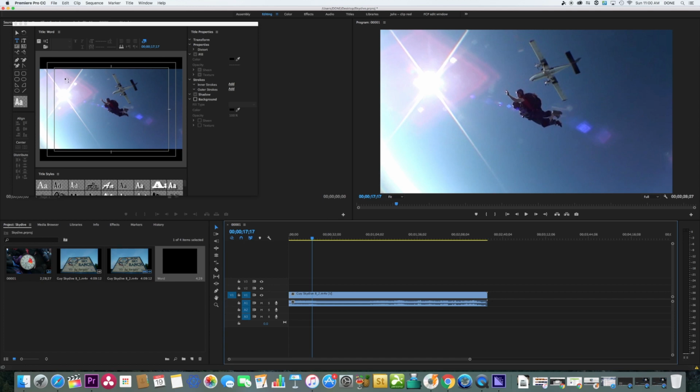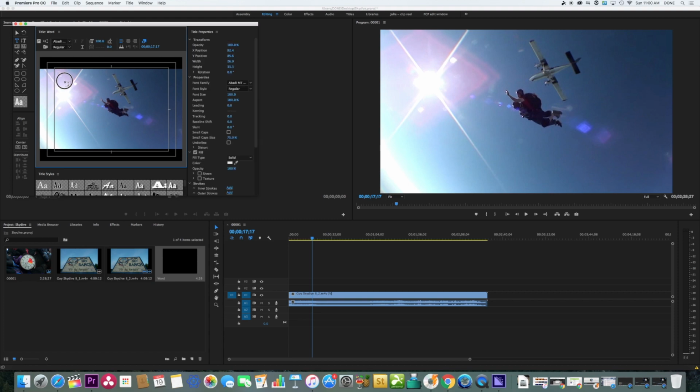Your cursor is now a text box, and you're going to click and drag to draw the box that you're going to be typing your text in. Now from there, you'll see you have a little cursor and you can type your word. Now from here, this is where the editing starts. If you don't want your word here at the top of the screen, you can come over here, grab your arrow tool,